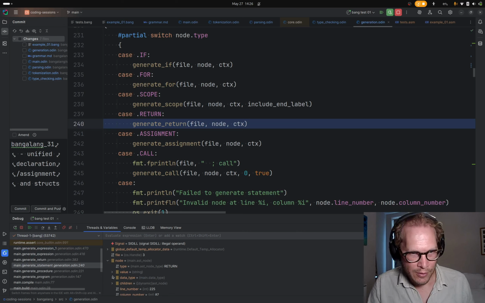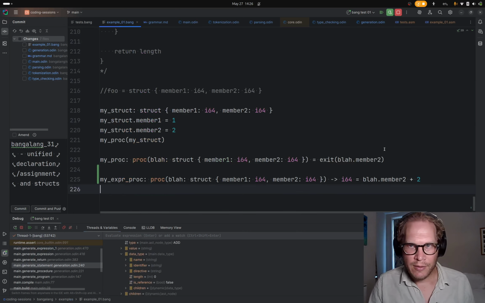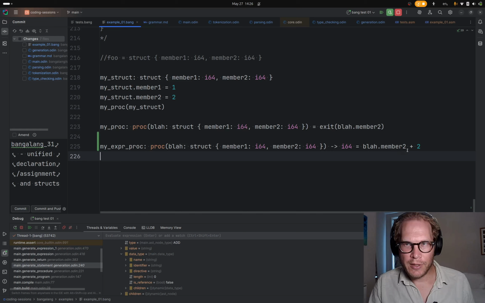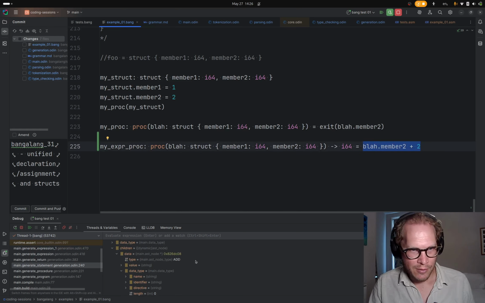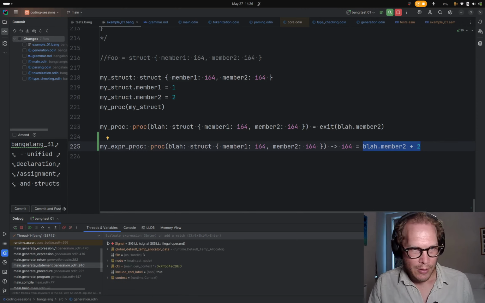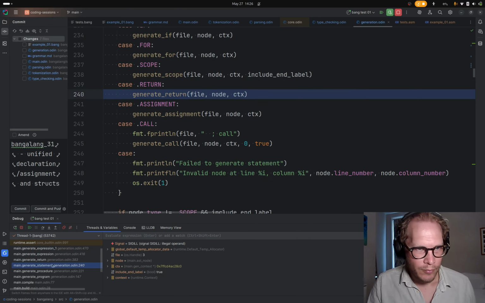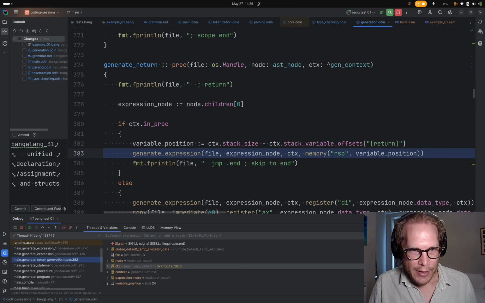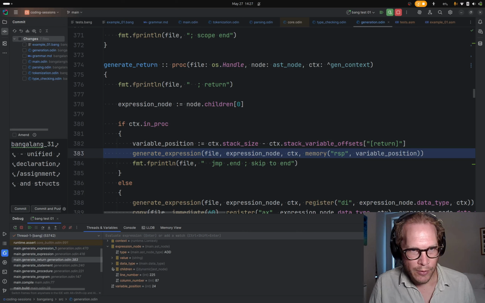So it's a return, has a child, which is an add. So that is this, probably. That's the only place, so this is the return that we constructed, I think. So the first child of that should be, yeah, member 2 plus 2. So it's this one. And when we go to do the return, it's unhappy. So the expression node we've got here